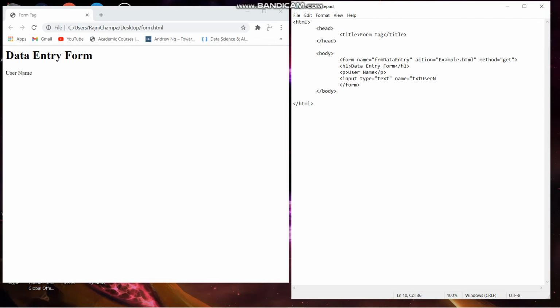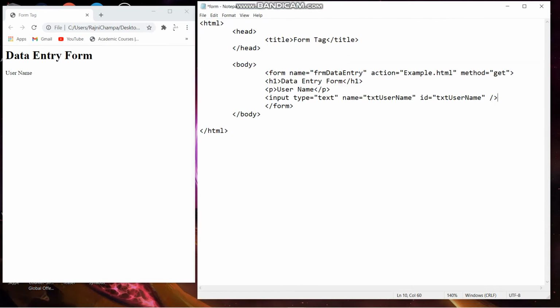So there are two ways to access your form data, that is name and id. Okay, as you can see, the form has been displayed, and the text box is also there, where the user will fill the entry.